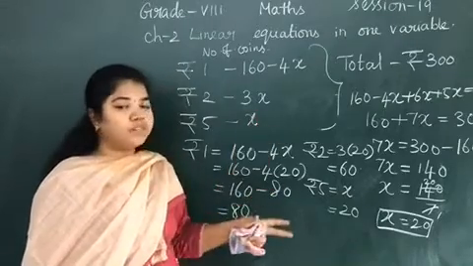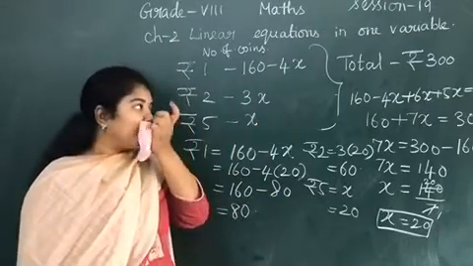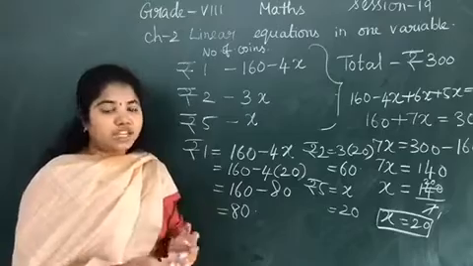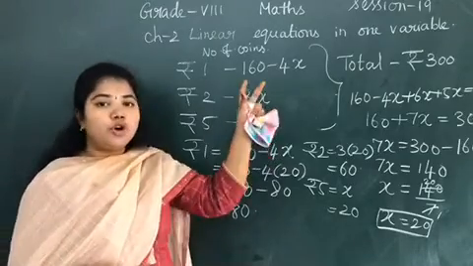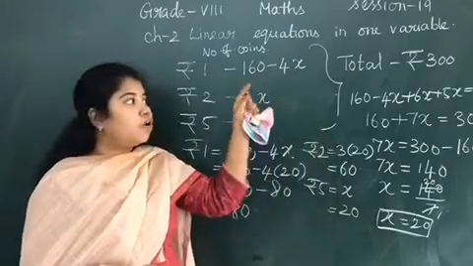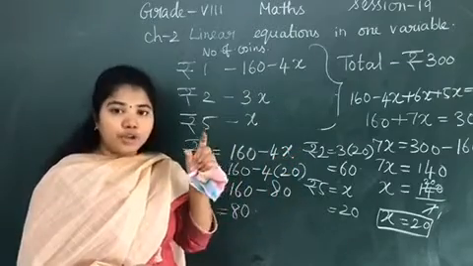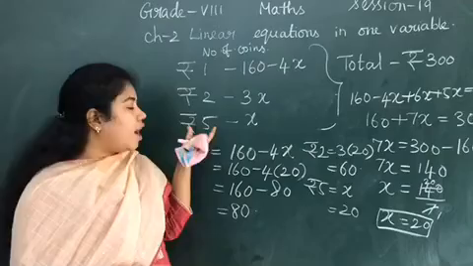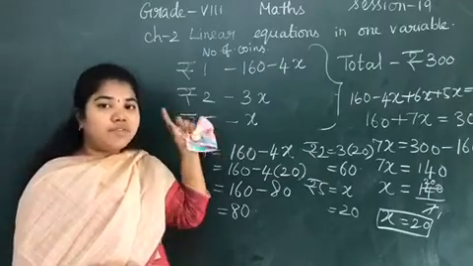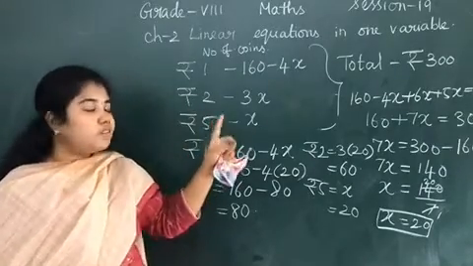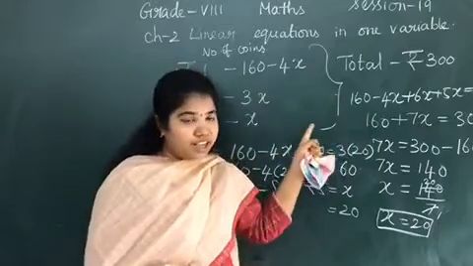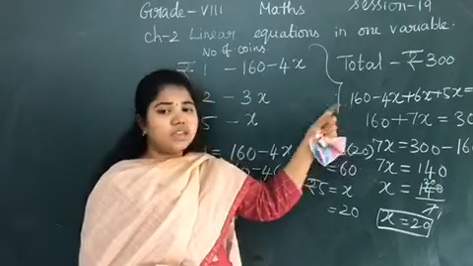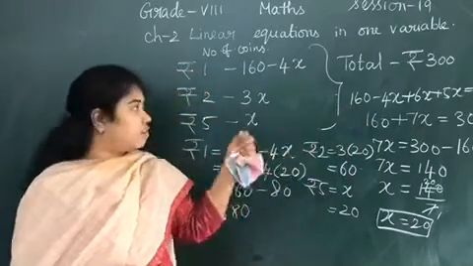Again I will tell the whole sum, please listen carefully. So that is the denomination. The total amount given is rupees 300. For that 300 you are going to give denominations in terms of rupees 1, rupees 2 and rupees 5. This is the first hint. The second one is that you will have total number of coins as 160.